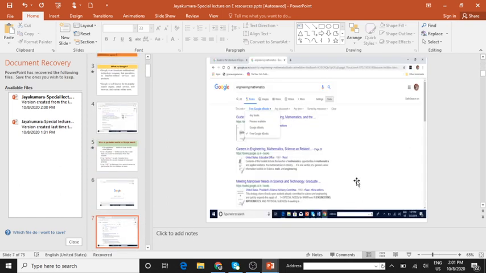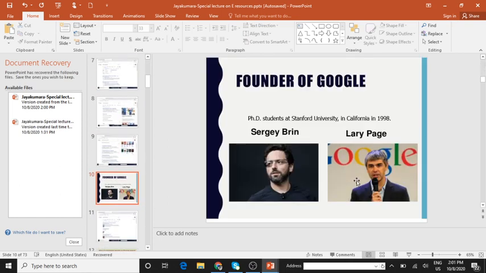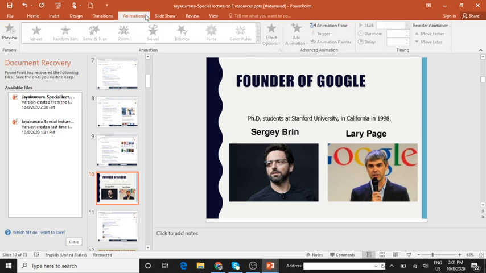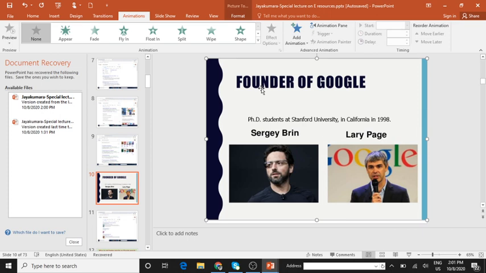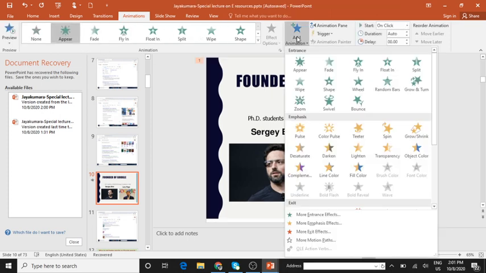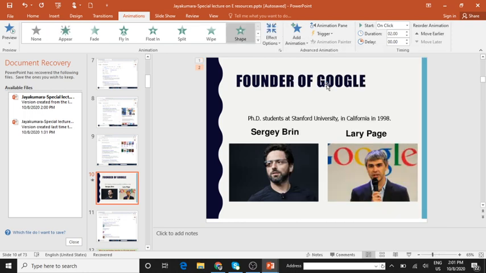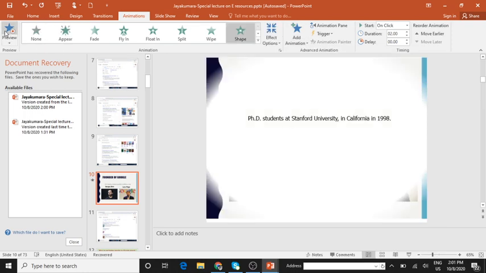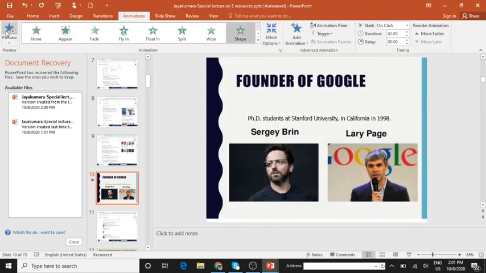You can add the images, taking the screenshots, and you have seen how to give the animations. Select where you want to give the animations. Click one, then click on add animation, shape. Just you can see the preview here. Did you see that? Yes, you can set the timings here also, recording the animation also, or move earlier if you give, or move later you can give, one or two you can select.